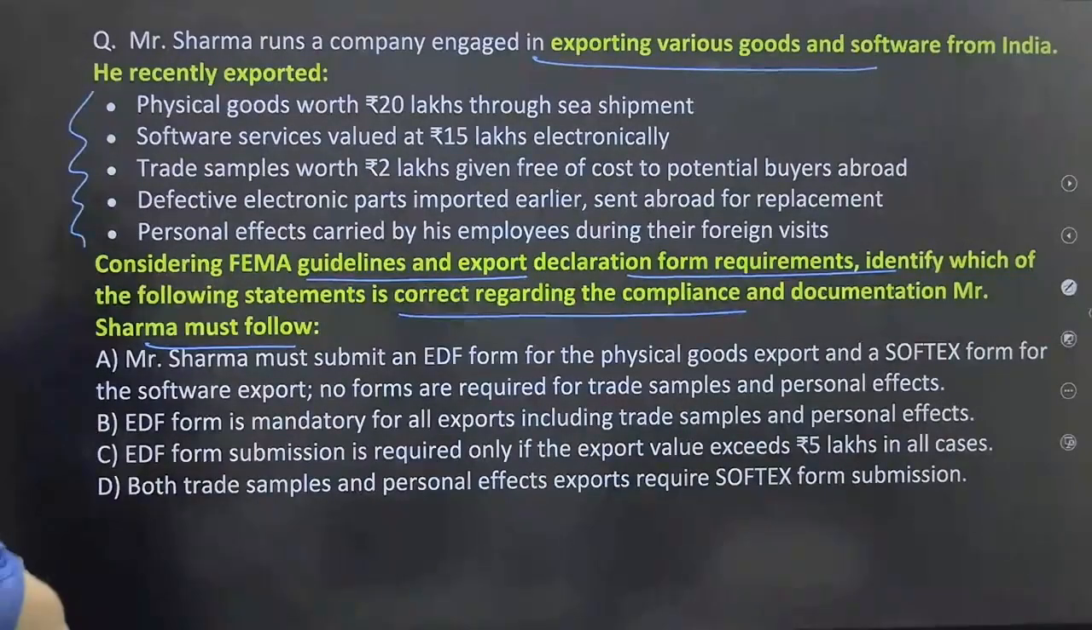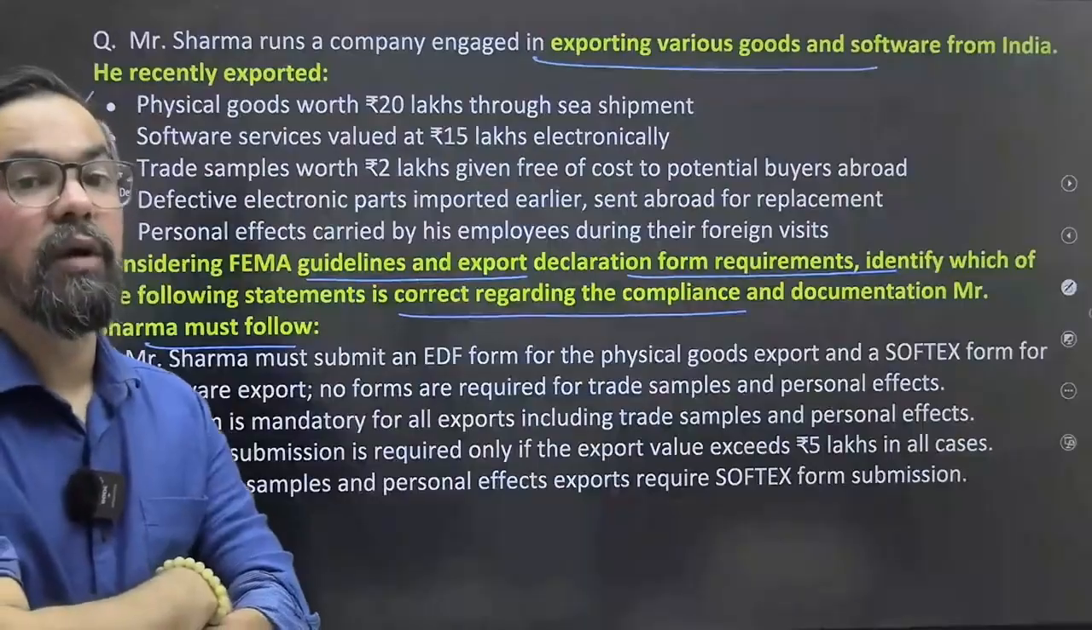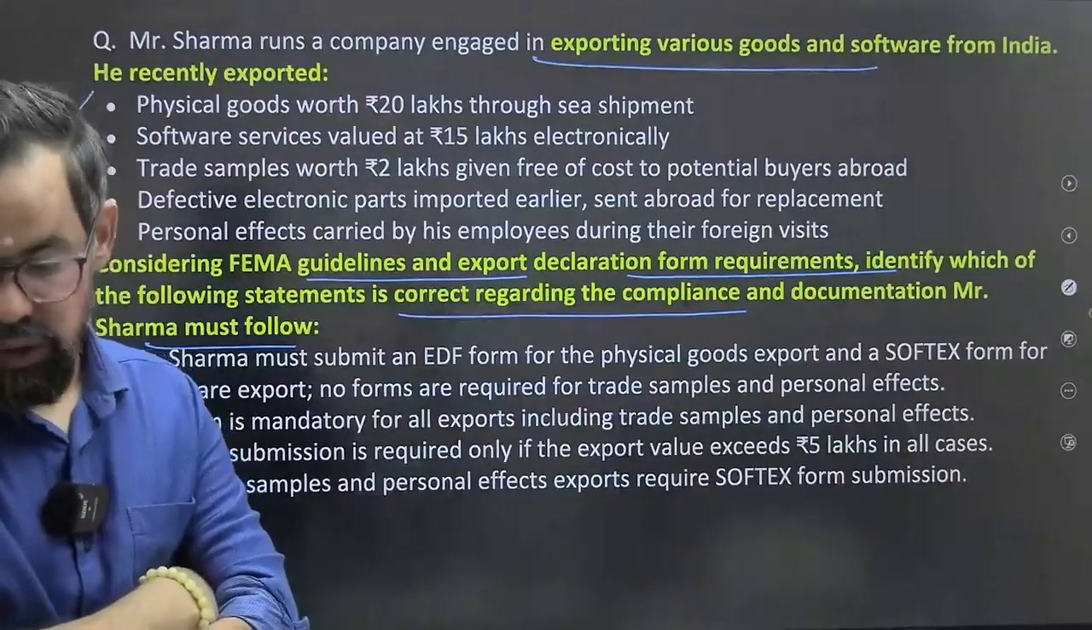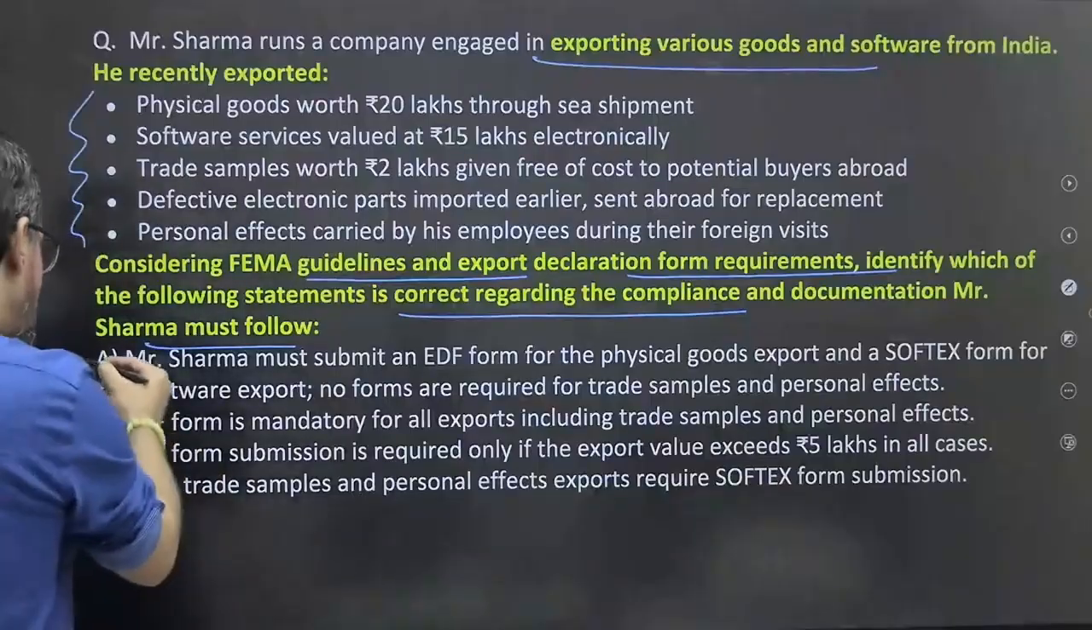Okay, Fujisha ma'am is saying option A, Mr. Sharma must submit EDF for the physical goods and Softex for the software goods. No form are required for the trade samples and personal effect. हाँ ये याद है आपको Fujisha ma'am? We discussed this particular one during the concept class आपका, ठीक है। Yes, very good guys, awesome, very good, ठीक है।